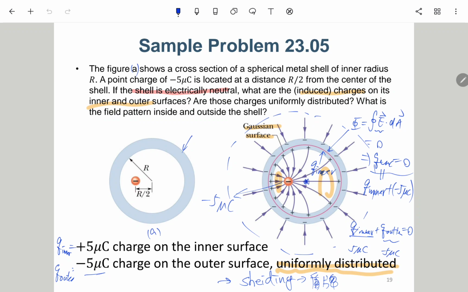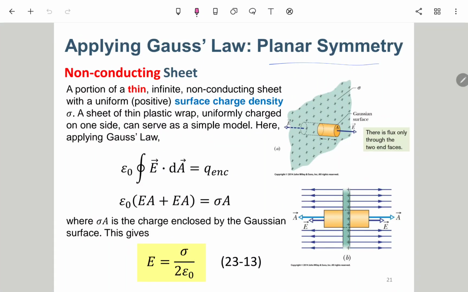Even though the total charge of this object is 0, there can be some induced charge going to the inner face, and the opposite charge will go to the outer face, something like that. 这个所以可以产生那个叫做感应的电荷 induced charge。那非导体或者是绝缘体的话，电子是不能动的。